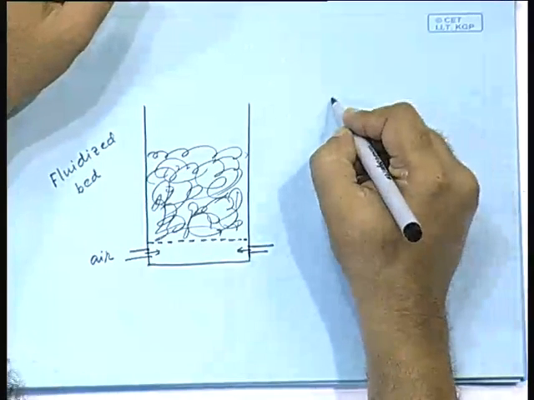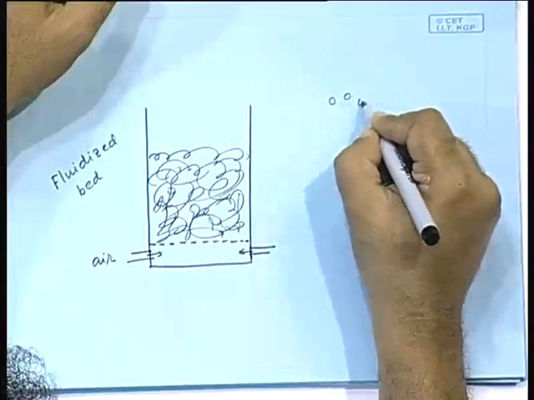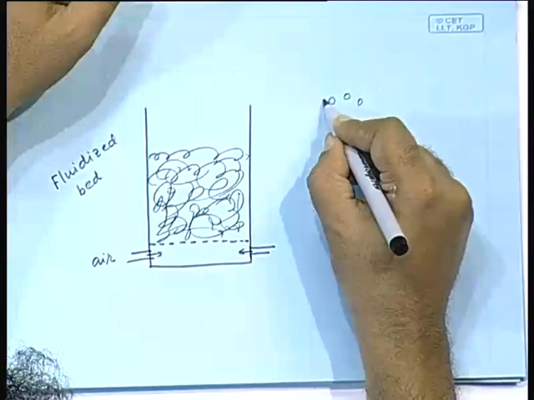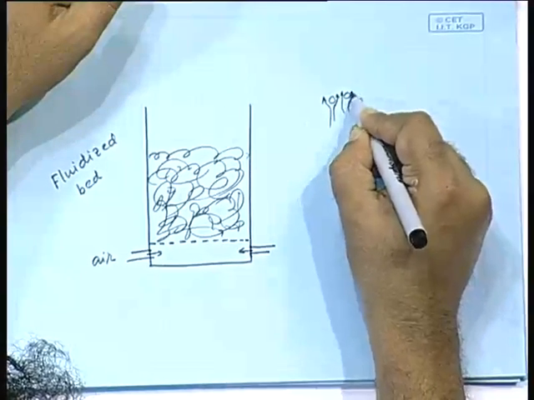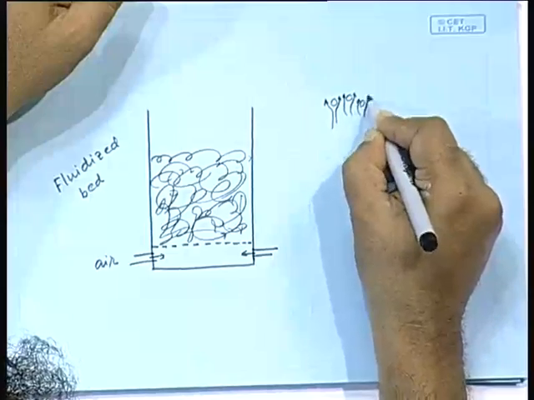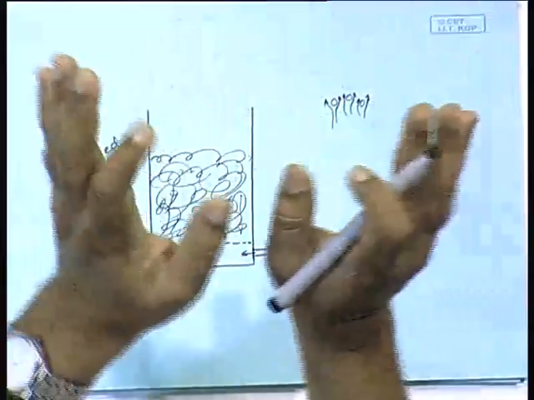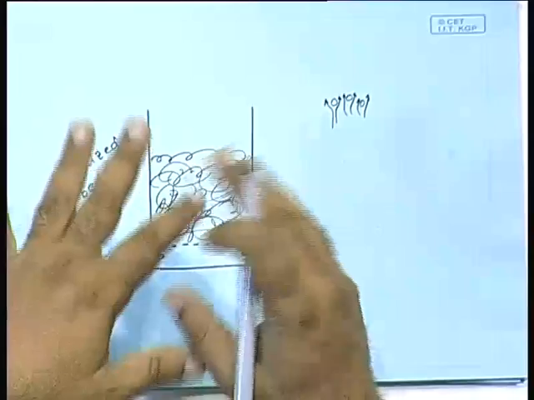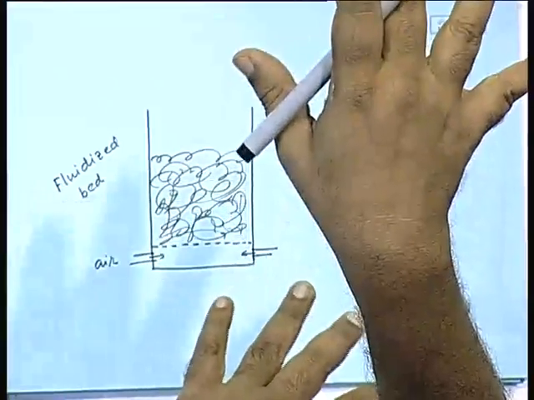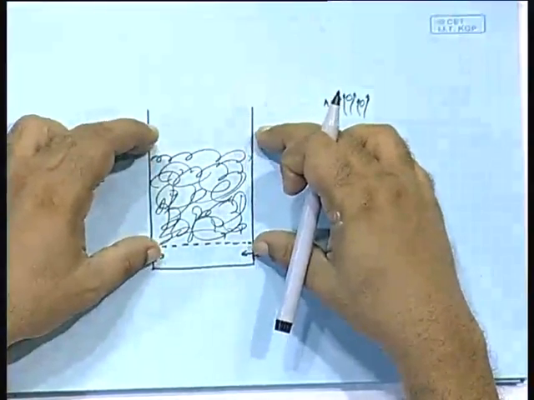That means here each of the particles are like this, and air is being blown like this. That pushes each of the particles up, and we maintain a balance, so that if it is too hard a blow, then it will blow off. They will tend to blow off. If it is too small, they will tend to settle. So you allow that particular air inlet, which will make a balance, and you have a balanced fluidized bed.